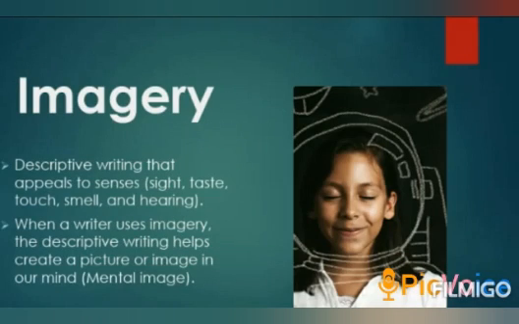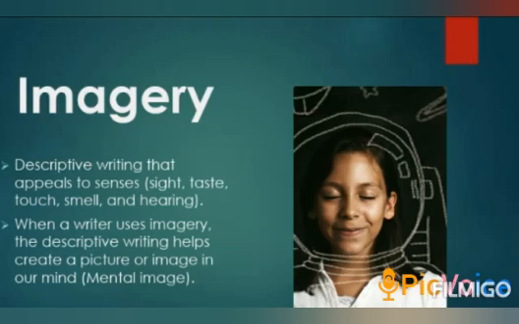First one is imagery. What is imagery? Imagery is descriptive writing that appeals to the senses: sight, taste, touch, smell, and hearing. When a writer uses imagery, the descriptive writing helps create a picture or image in our mind. So imagery is used to heighten the impact of the poem or any writing,